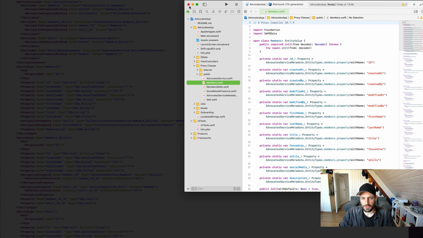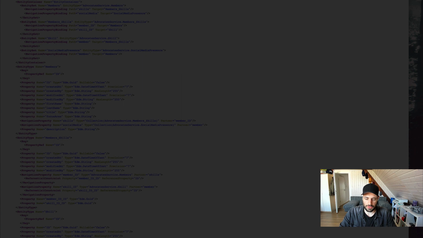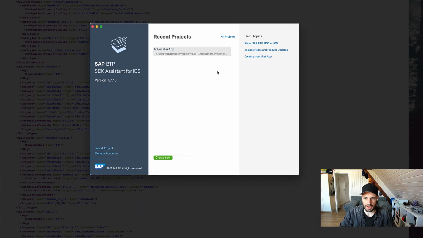So if you have an existing service, an existing app already there, and maybe you had an OData V4 service already running somewhere in the cloud, and you created the proxy classes yourself or your own data service layer, and you want to use the SAP SDK generated one now because we got the feature now, you can do this via the command line. So let's just close this Xcode project and open up the assistant again,